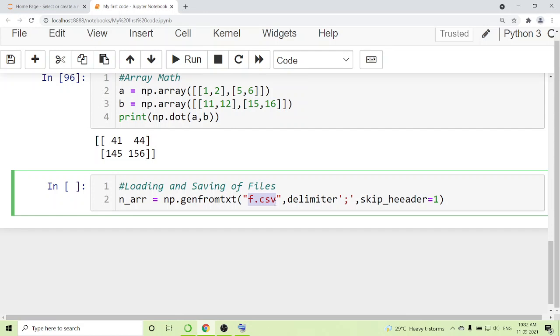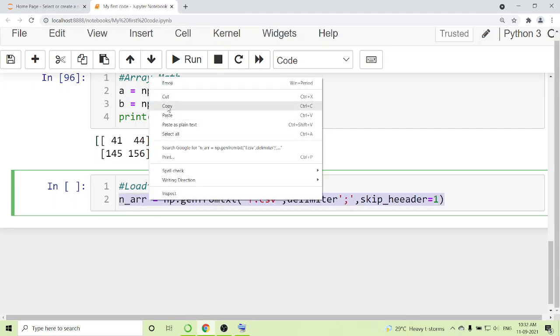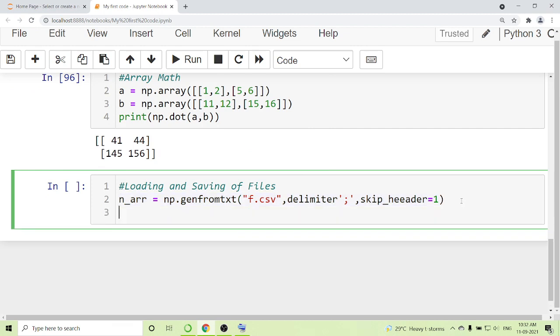Similarly, you can save the file. So for saving, again, what you will do, sorry, this header spelling, please correct it. Now you will do np dot savetxt. So whatever format you want, if you want text, then this txt,